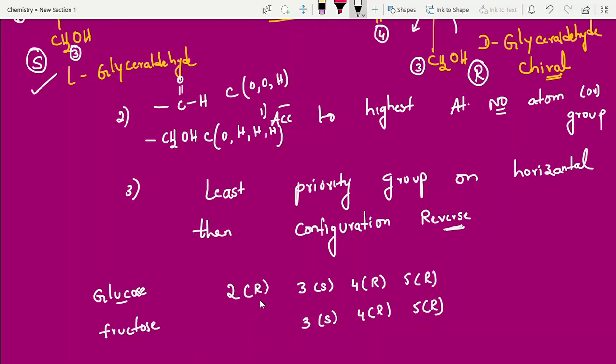In glucose there are 4 chiral carbons, so 2 power n, 2 power 4, 16 isomers are possible. Here in fructose 2 power 3, that is 8 isomers possible. Optical isomers, they will ask questions like that. Geometrical isomers, optical isomers, they will ask questions like this. So total isomers, how many? 2 power n, 2 power 4, 16 isomers. Here 2 power 3, 8. So only in glucose, the secondary alcohols are chiral. The first carbon has 2 oxygens bonded, similar atoms, which means it is not chiral, and the last carbon also is not chiral. Only 2, 3, 4, 5. In fructose, only 3, 4, 5.